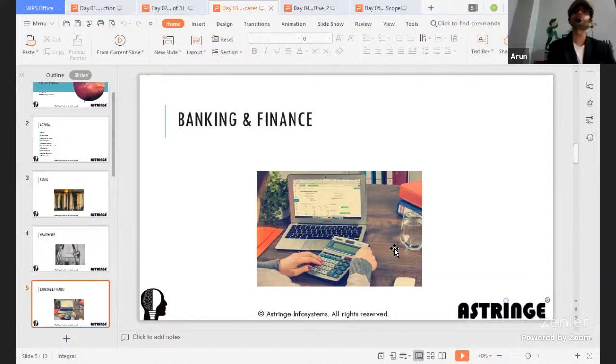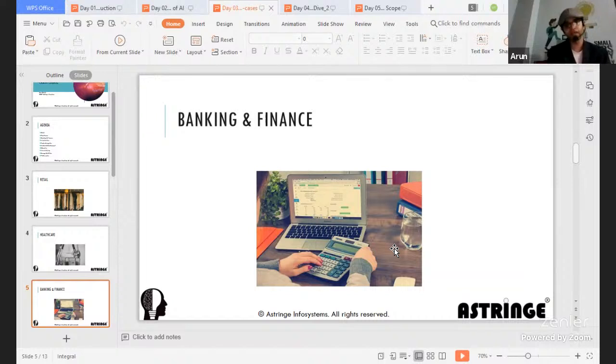Also, if you want to predict whether you are eligible for a loan or not, there also you can use AI, particularly machine learning algorithms. You can create an algorithm, probably a two-class logistic regression algorithm, to predict whether your application for a loan is eligible or not. There are a lot of ways we can predict, but that doesn't mean AI is just for predictions alone.